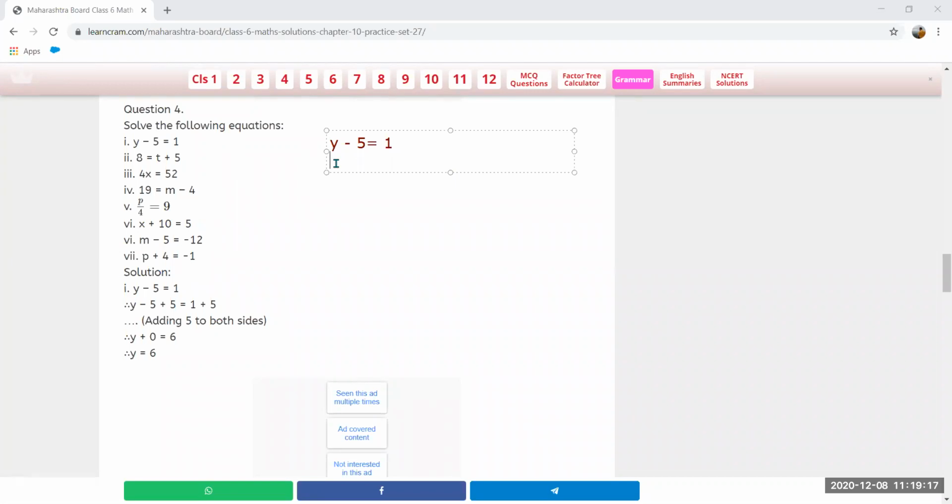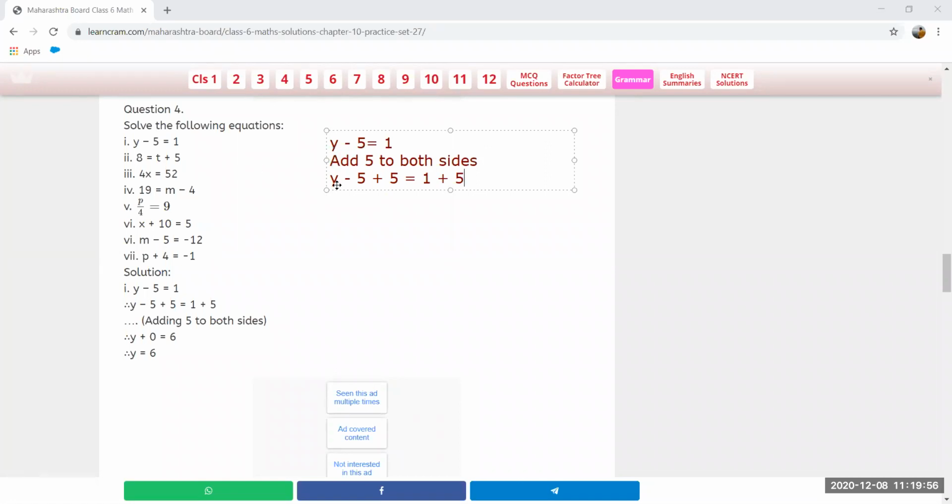Now, what we are going to do, add 5 to both sides, right? After adding 5 to both sides, what would be our equation? ये y minus 5 जैसे के वैसा रहेगा, right? y minus 5 will remain as it is. अभी हमको 5 add करना है दोनों साइड में, तो हमारा equation क्या हो जाएगा, यहाँ पे +5 आ जाएगा, equal to ये 1 वैसे के वैसा रहेगा और यहाँ पे हमारा +5 add हो जाएगा.